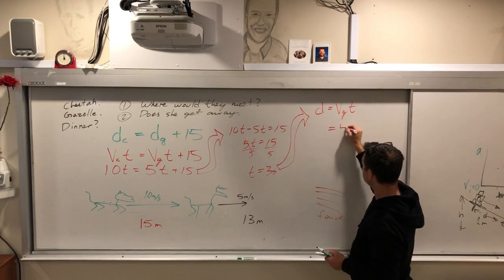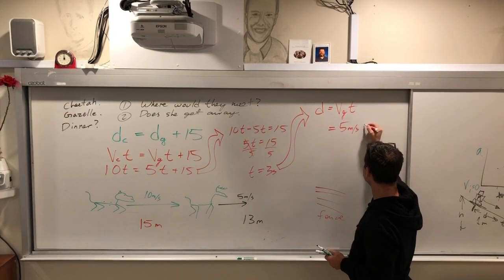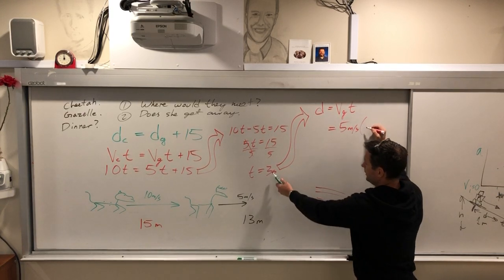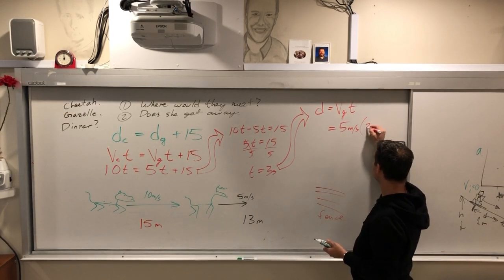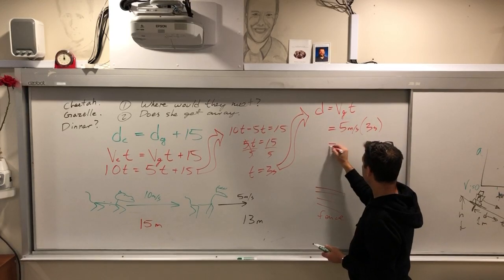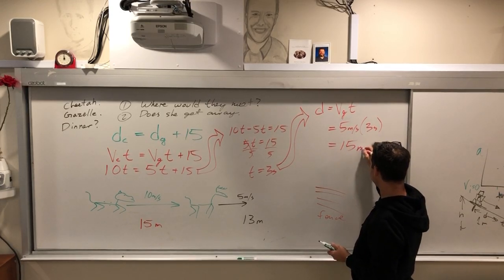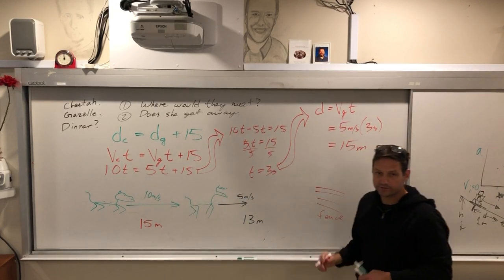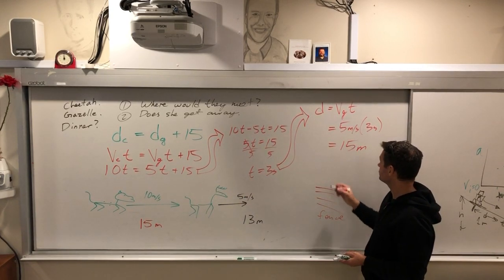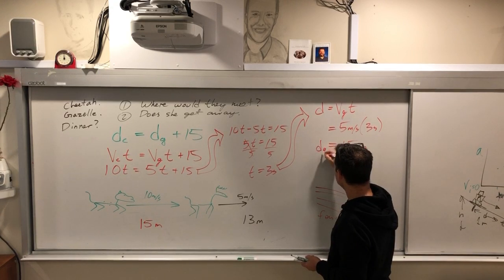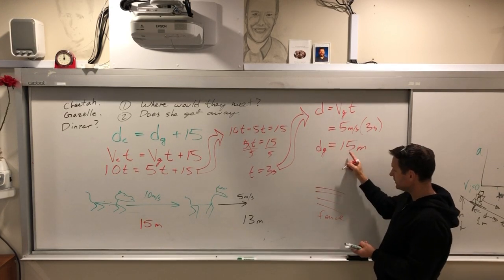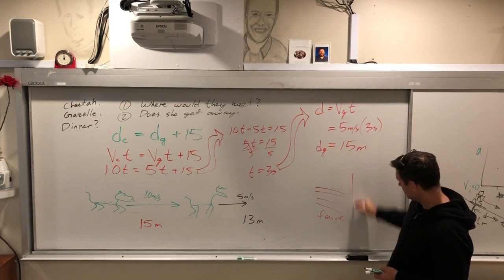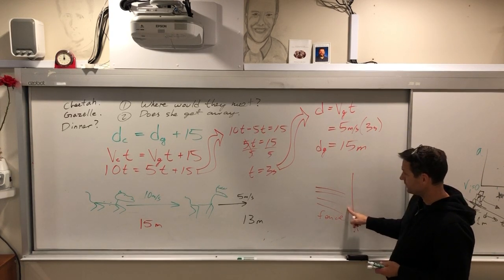Her velocity is 5 meters per second, and we're going to multiply that by our time when they would meet, which is 3 seconds, and that is 15 meters. Happens to be the same as the original distance, but that's coincidence. So the distance the gazelle will have run when they meet is 15 meters, so that's here past the fence,